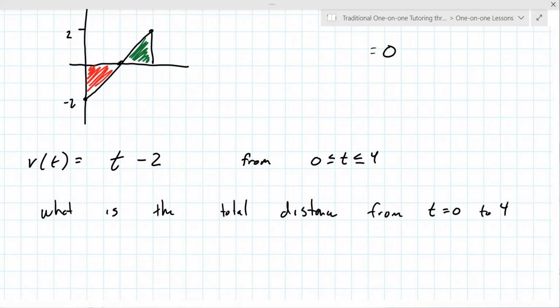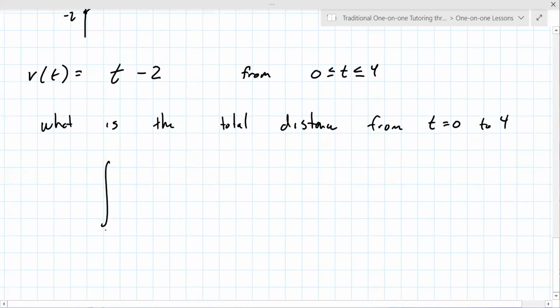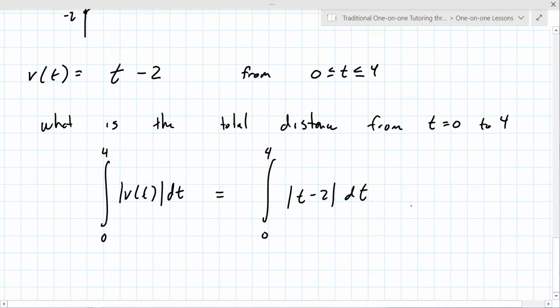Okay, so this time you're now using absolute value. Yeah, and so this is correct the way it's written, or you could even say it's the integral of the absolute value of t minus 2 dt, and that's great, but your instructor wants a number,